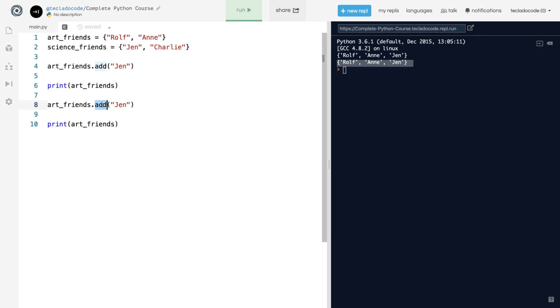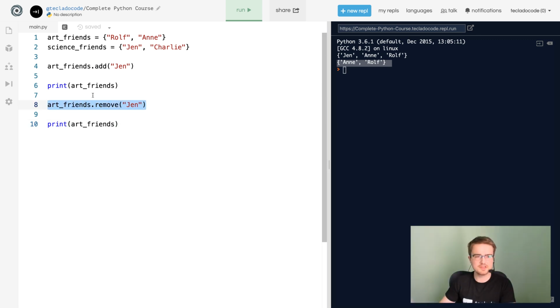You can remove things from a set, though, by doing .remove. And now you can see that the second time we printed, Jen is gone because we removed her in line 8. So this is how to work with sets in a very basic form, but it doesn't show you why